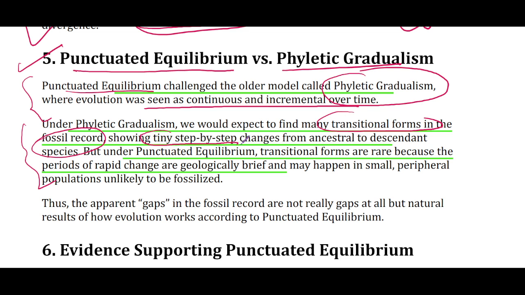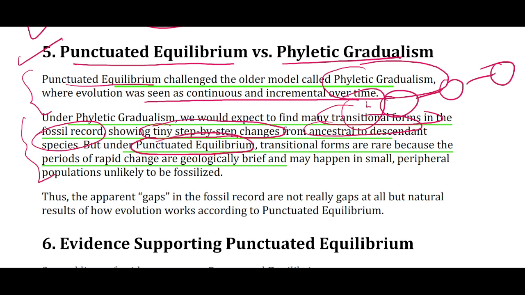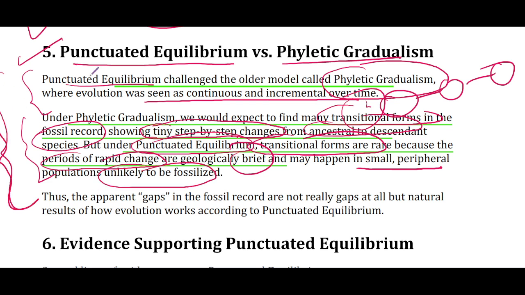which in another term means step by step changes. Step by step changes from ancestral to descendant population. तो transitional fossils भी होना चाहिए. But under punctuated equilibrium, these transitional forms are rare because the periods of rapid change are very short and they happen usually in small or peripheral populations that are unlikely to be fossilized. So ये एक observation है जो fossil record में मिला, उसकी वजह से this concept gained